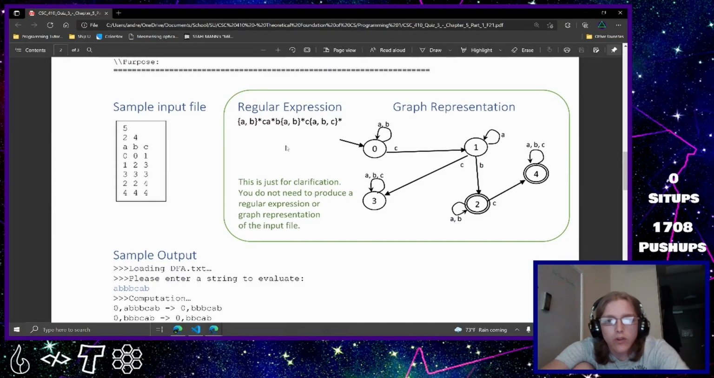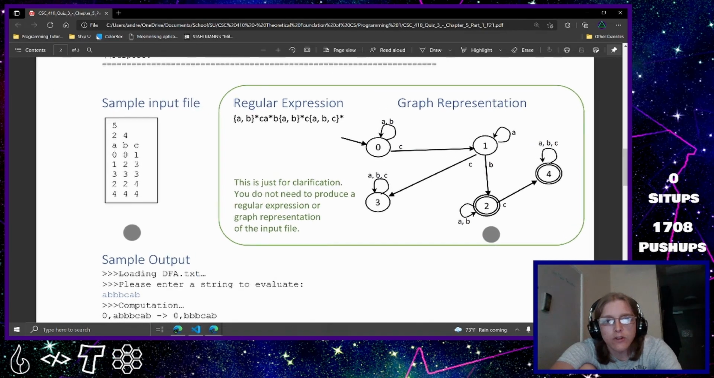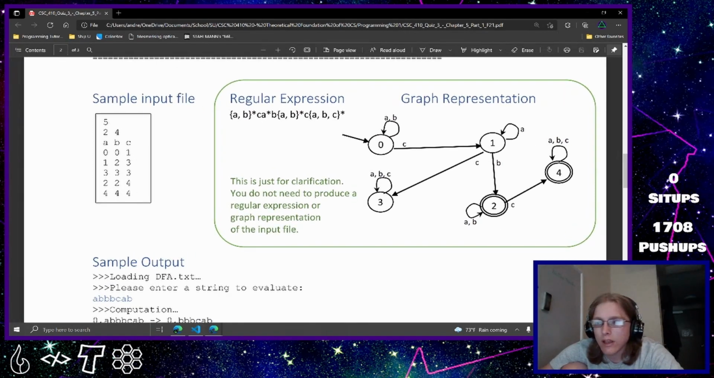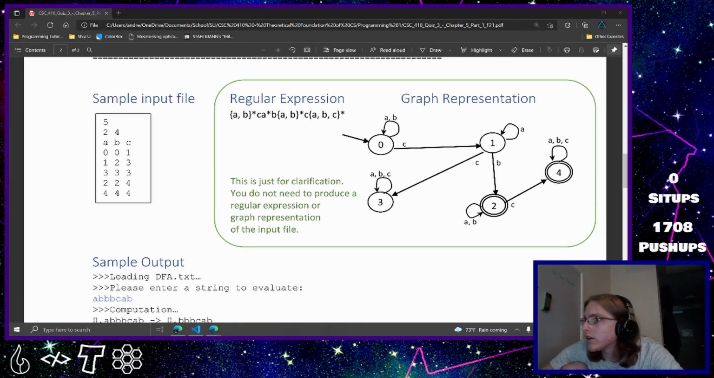Okay, so here's the example of a deterministic finite state machine, and I actually should change my title information now